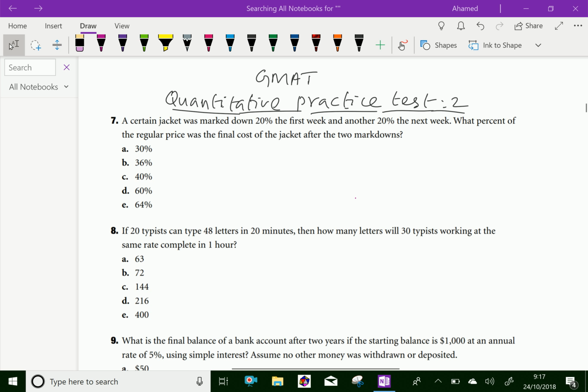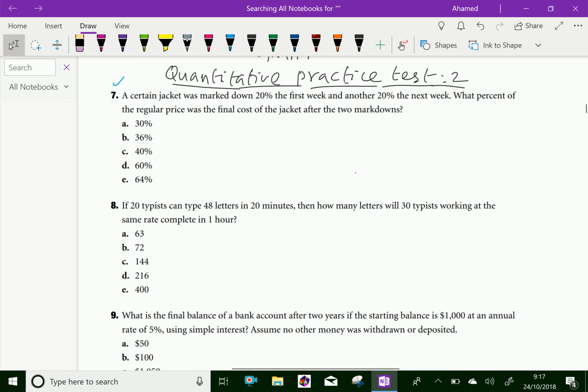Look at these examples. A certain jacket was marked down 20% the first week and another 20% the next week. What percent of the regular price was the final cost of the jacket after two markdowns? Here, the first marked price MP equals x